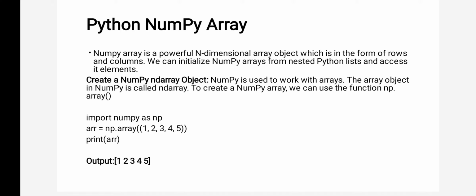So here, instead of writing NumPy a number of times, I am creating an alias for NumPy, a shortcut. I am giving np as a shortcut to NumPy, so wherever you want to write NumPy, you can write np. Here I have created one array, arr = np.array. Whatever is created from the module is called an object, so here I have created one n-dimensional array object of the NumPy module.